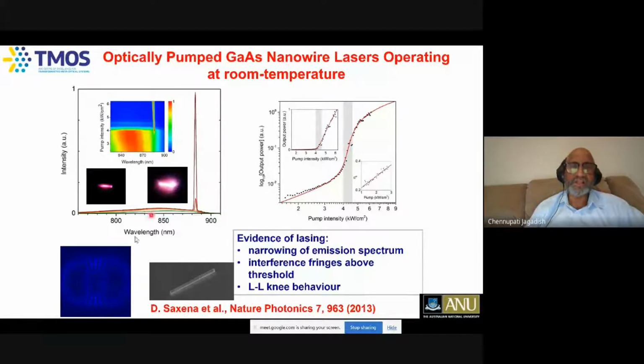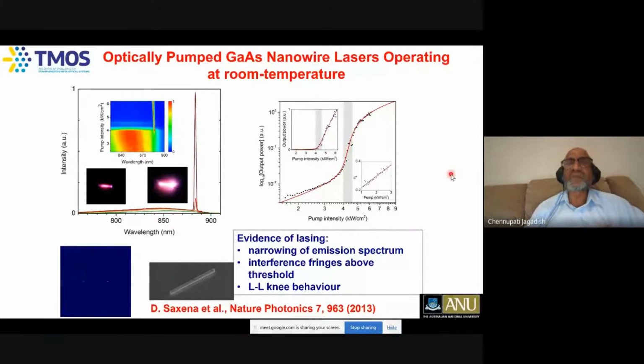Drew Saxena also did simulations of how the interference fringes for this particular laser would look, and was able to compare them very nicely. Again, in output versus pump intensity, you can see nice threshold-like behavior. Here it is spontaneous emission, acting like a light-emitting diode. In this region is amplified spontaneous emission, and here the stimulated emission is taking place. We also plot output versus input as a log-log plot, which shows this S-type curve, confirming that true lasing is taking place.